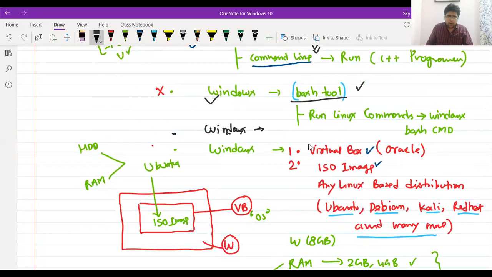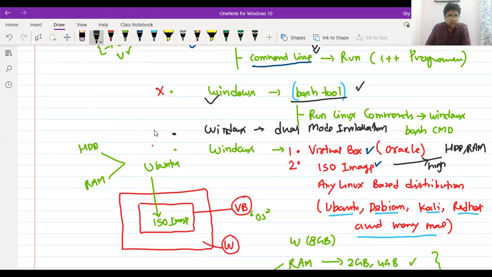Or if you are going with that, then choose good HDD and good RAM. If you want, I would say you go for dual mode installation,